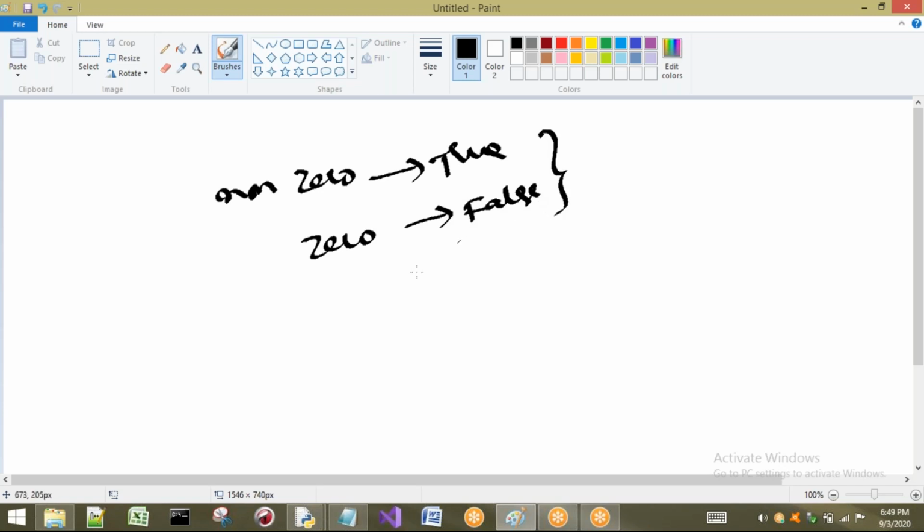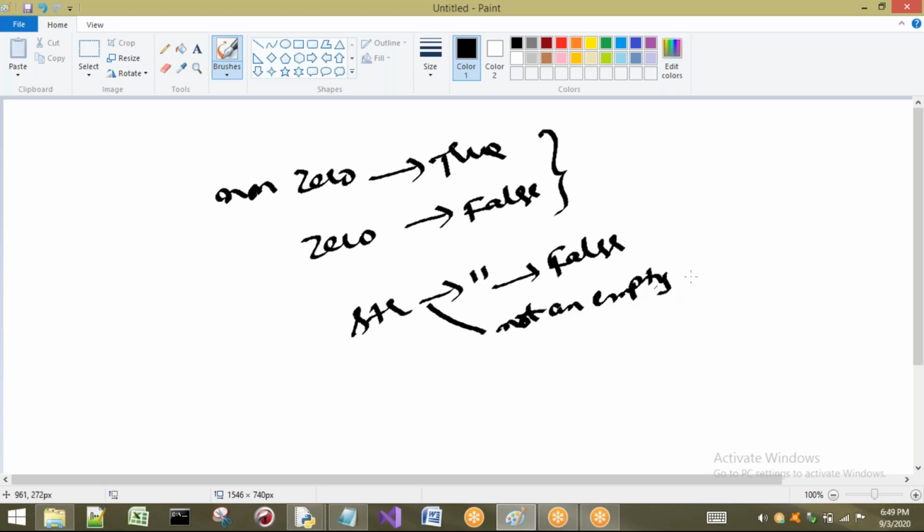In the same way for strings: an empty string, not a space, leads to false. Otherwise, if it is not an empty string, we are going to get true. Let us see the examples.